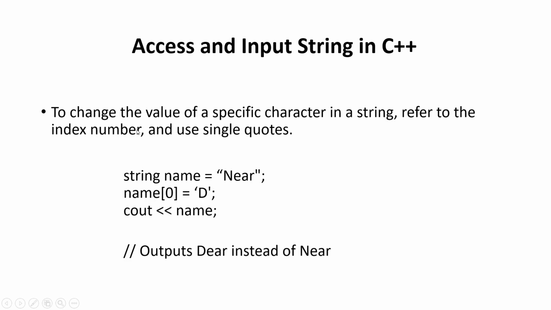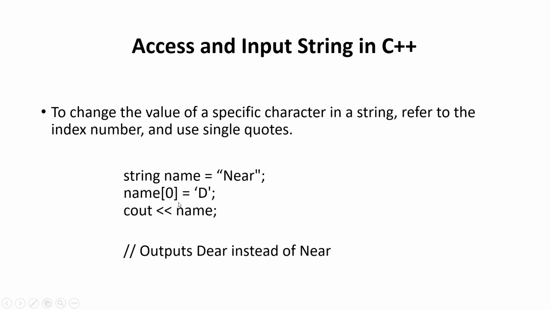You can also change the value of a specific character in a string by referring to its index number and using single quotes, because when you are using only one character you have to write it in single quotes. So I have a string variable name and its text is near. So if I want to change the n to a d,